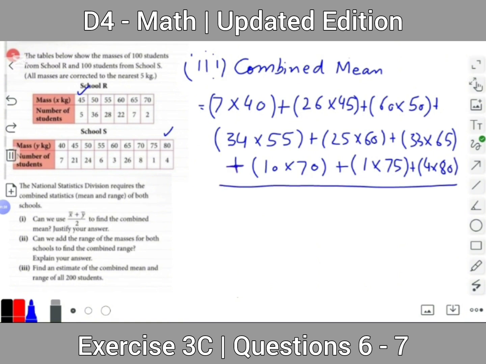Since the total frequency here is 200, already given in the question,